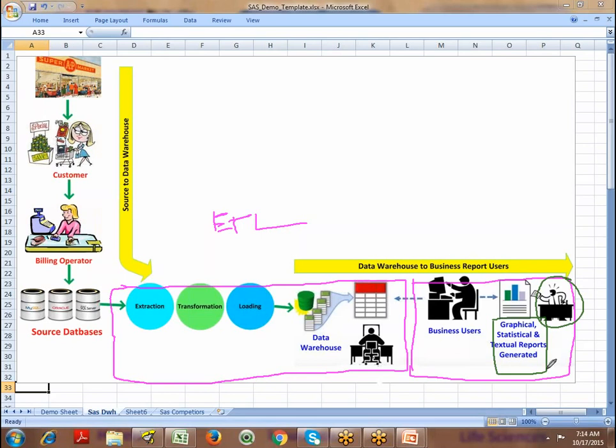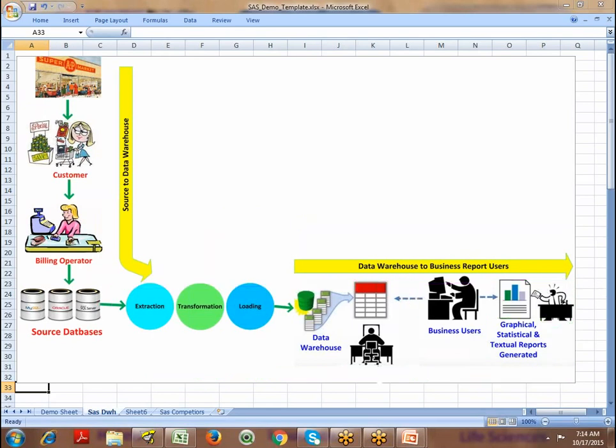Every day during business hours, they would like to view various types of output reports for decision making. So this is what is called data warehousing and reporting.